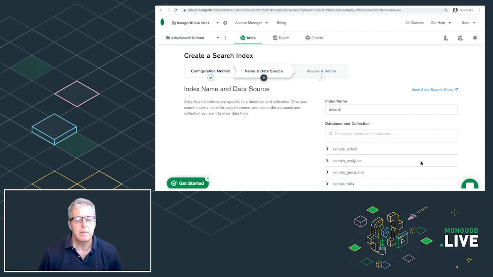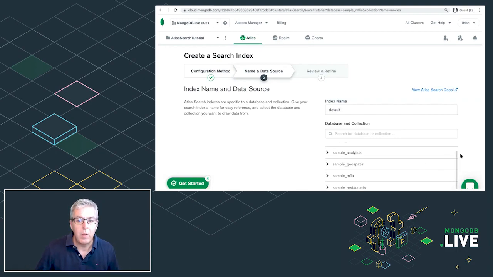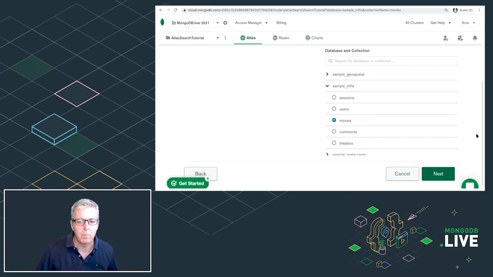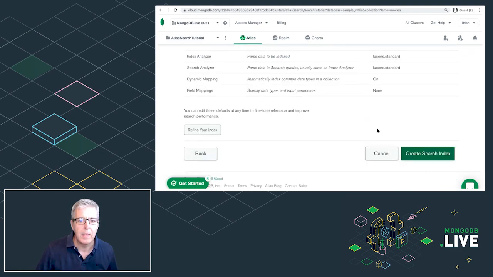The benefit is that when we actually call the index, we won't have to tell it which index to use, because it's going to look for the default index. So leave the name as default and make sure that the Sample Inflix Movies collection is selected. That is the collection that we want to index in this case. Go ahead and click next.